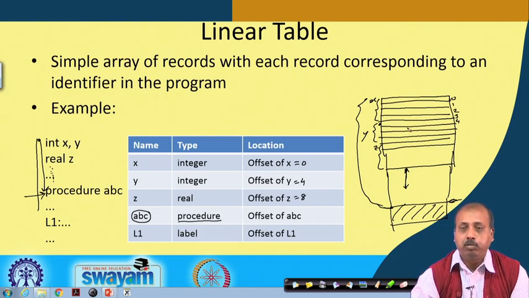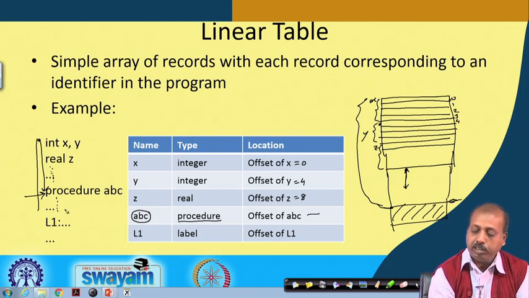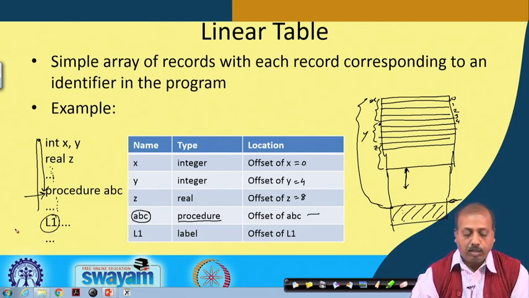There the offsets will maintain their relative positions; the variables and the program statements that we are defining will be at relative offsets as in this translated program. So for this procedure ABC, we will have the offset of ABC stored here, then L1. After that, again some statements come, and at some point this label L1 occurs. In languages like C we do not have labels much, but in some programming languages we have them. In C also labels are allowed, but not encouraged.